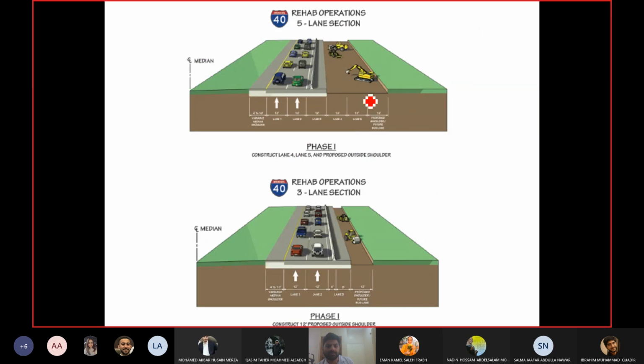So this is an example of the lane closure and the openness ratio. In the first example, you see a 5-lane section, where 2 lanes are open and the other lanes are closed, and you see concrete barriers over here. And this is again 2 lanes open, so it's a 3-lane section, and the work is done on the third lane over here.